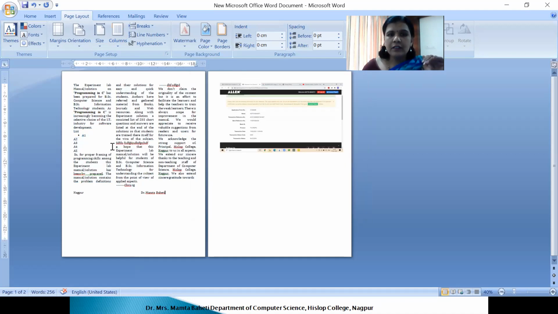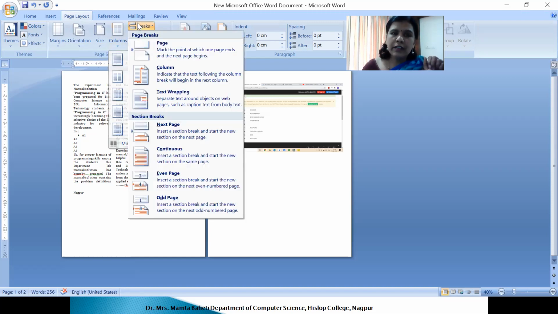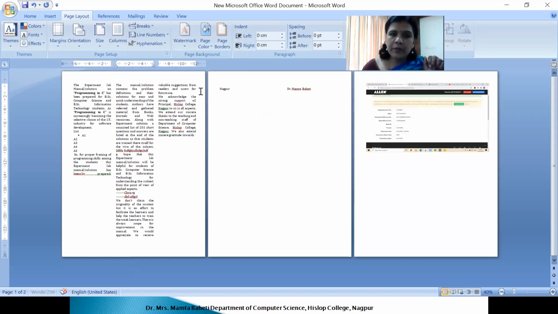So see here, your contents are converted into 3 columns. Now I'll apply the column break here. Suppose from here I want the contents to be shifted to the new column. So I'll click on column break, and you can see from here the contents are being shifted to the new one.